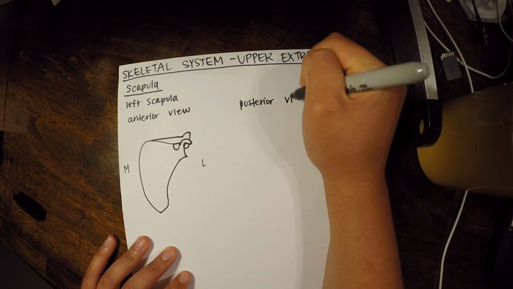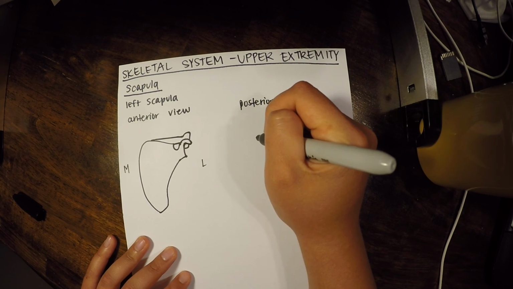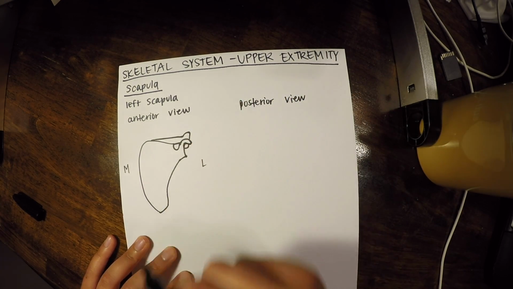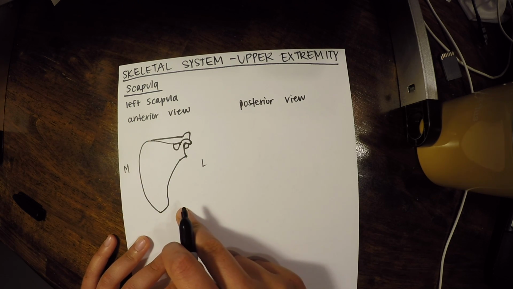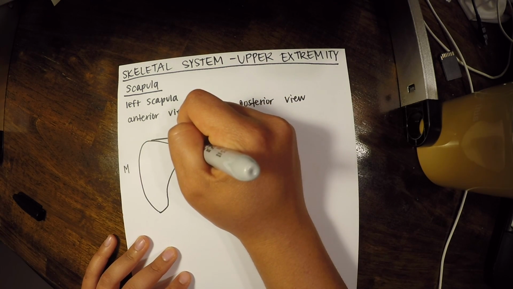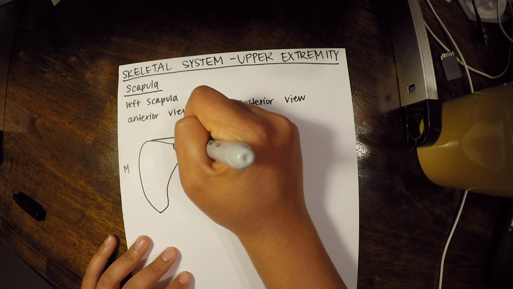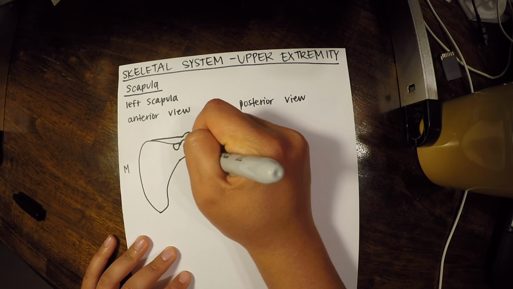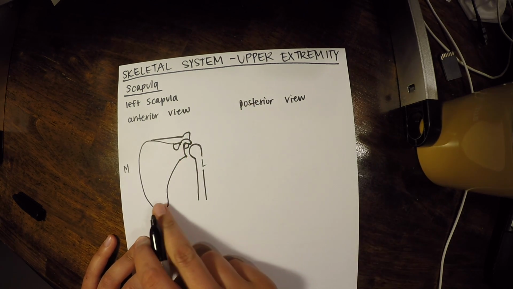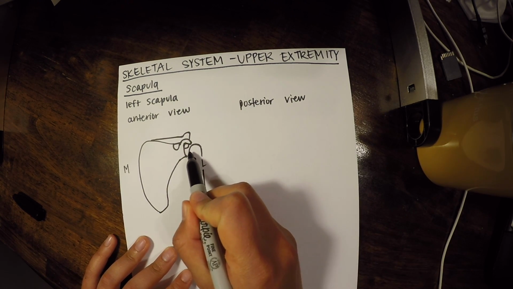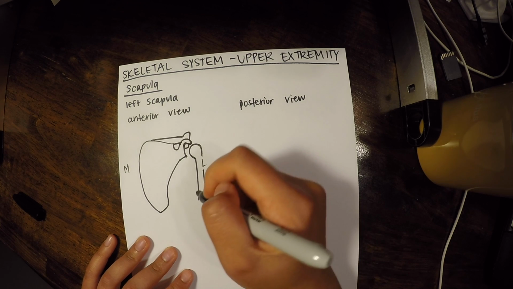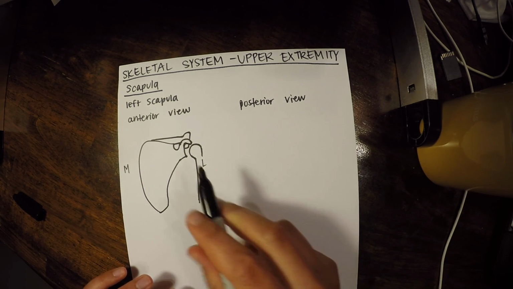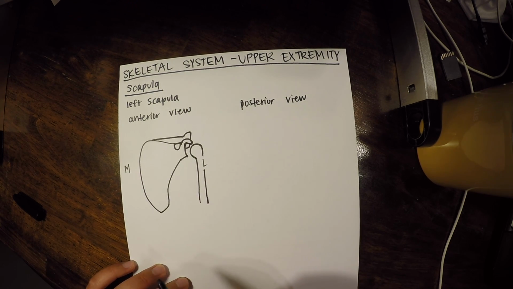Alright, let's also draw a posterior view. And with that, you know what? This is your scapula, this thing as a whole, but I'm going to draw a humerus in right here. I'm drawing it a little bit separated from the scapula. Really, this part of the humerus is attached directly to it, but I'm drawing it a little bit away from it, just so we remember that that's where the humerus attaches.